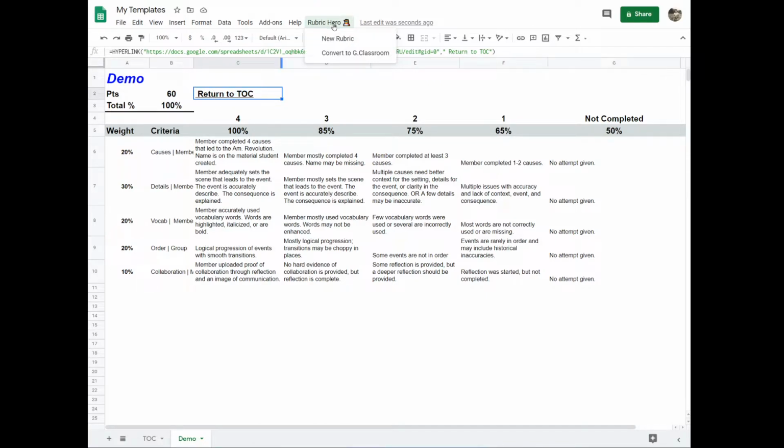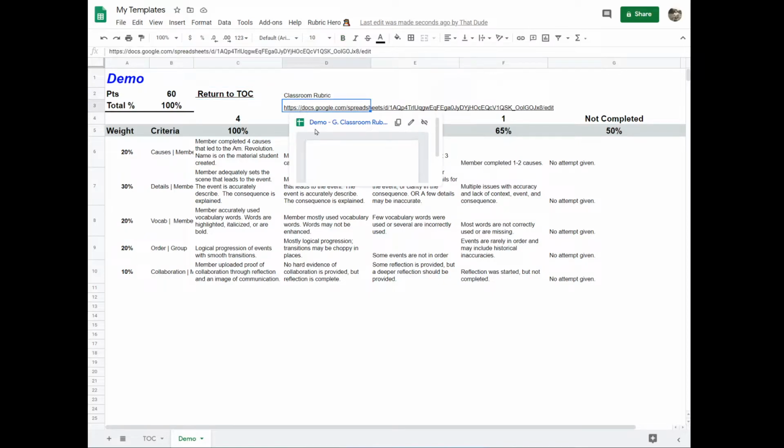What I can also do is click on Rubric Hero now, and let's say that I'm ready to convert this over to Google Classroom. So I can convert this. I click on that button. It's going to run through the script. It's going to check it for everything. Okay, fine, it's done. So now I can click on this classroom rubric,